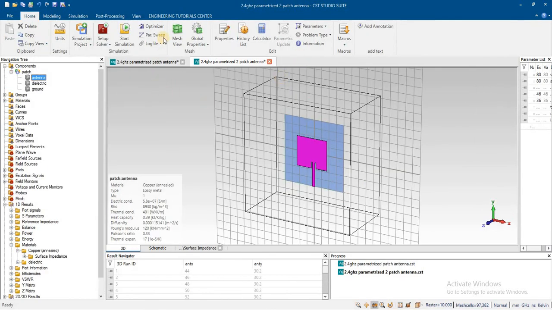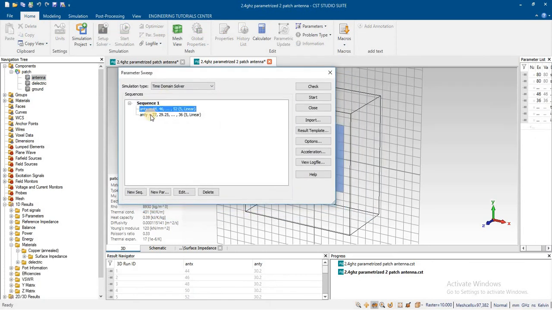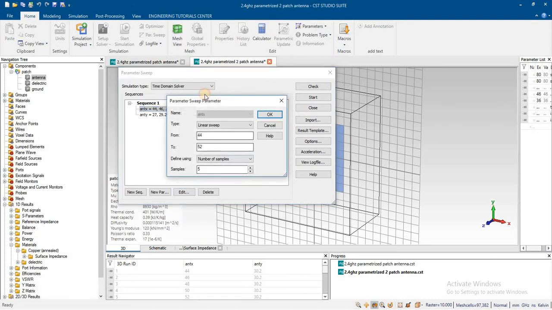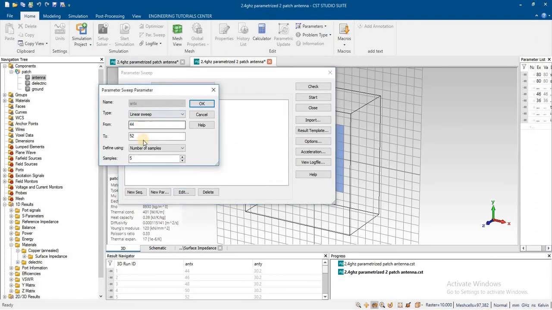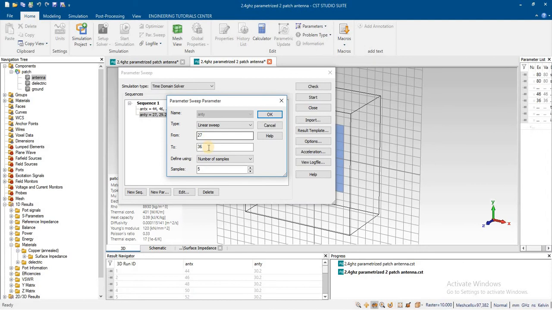Now let's define the two sweeps for both the dimensions, antenna x and antenna y. From 44 to 52. Similarly for the y-axis, I have defined 27 to 36. From here you can see the original values of the parameters.